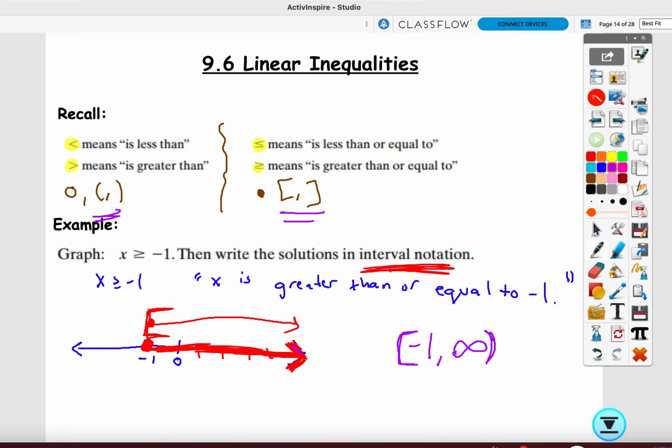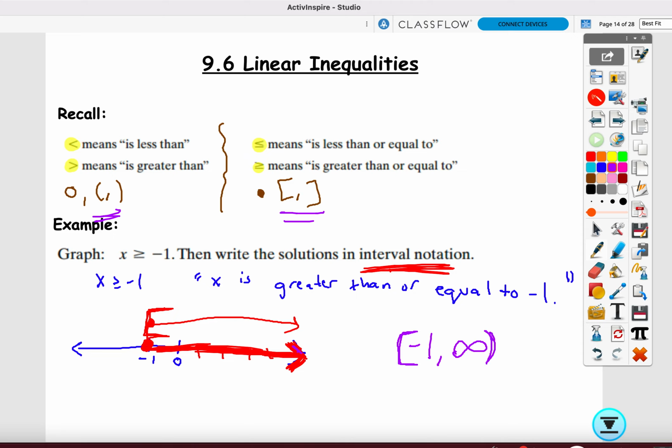So if you want to know the trick, you will flip these two, flip those two, and then flip the symbol as well. But you don't need to think about it like that. Just read it to yourself logically. -1 greater than x is the same thing as x being less than -1. Since -1 is greater than. You know what I mean? So just read that to yourself over and over again till you get it like this. Because that way you know how to graph a number line like that. So x is